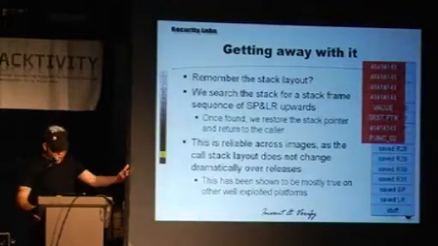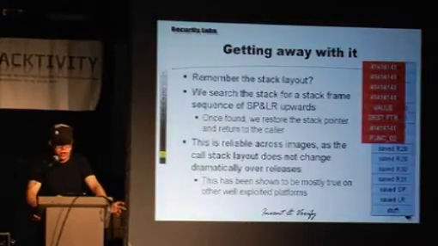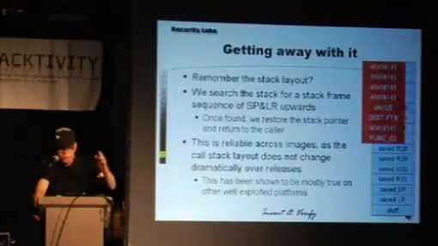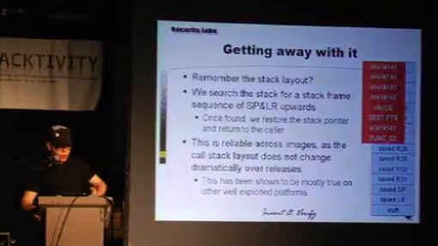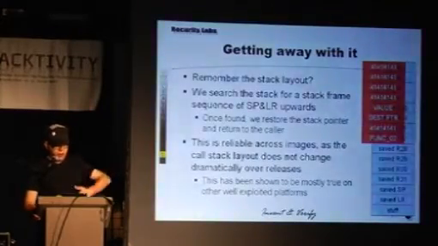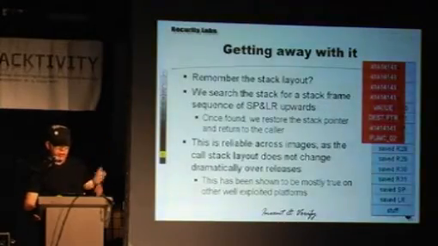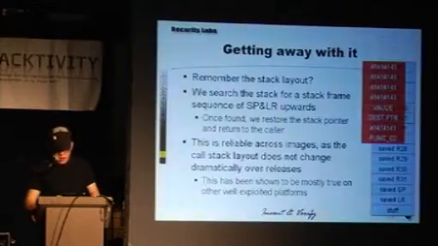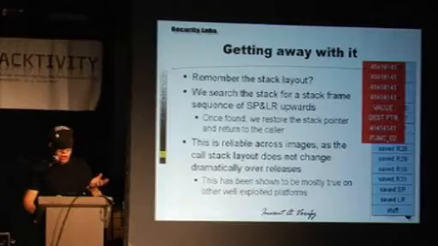Exactly as with a stack trace when our Java program crashes, did you know that Java is actually a conversion language from XML to stack traces? Anyway, we can do the same thing. We walk the stack back up and see where it's no longer messed up, where we stop messing it up, and then we just restore the registers the way they would have been of the calling function and return as if nothing happened. That actually is very, very reliable. And it's not image dependent. I thought it would be, but it actually turns out to be not very image dependent.